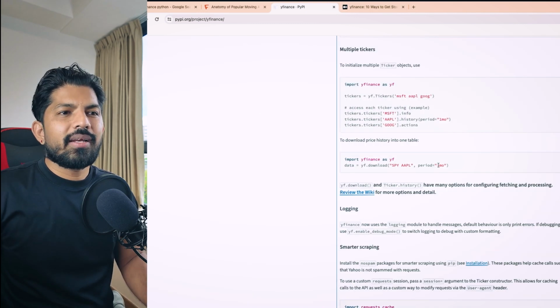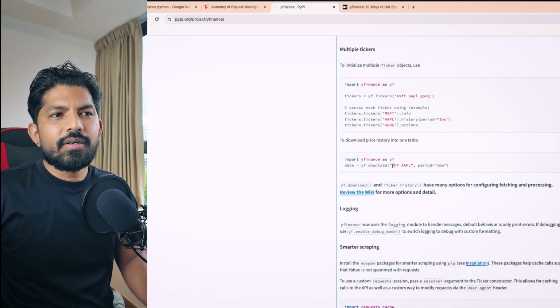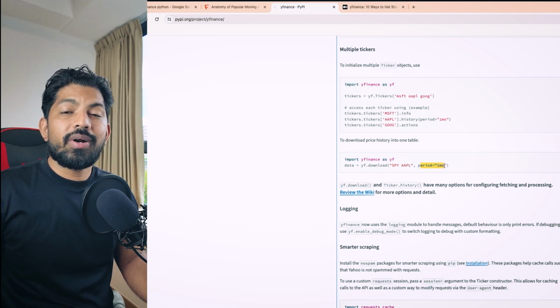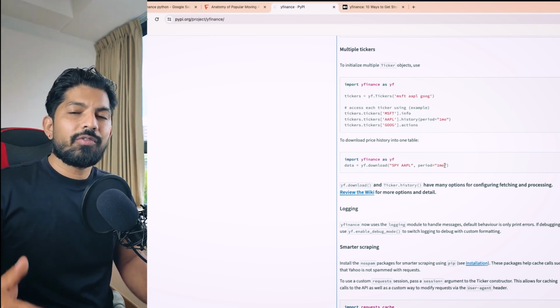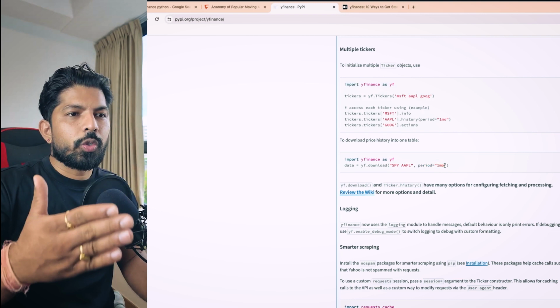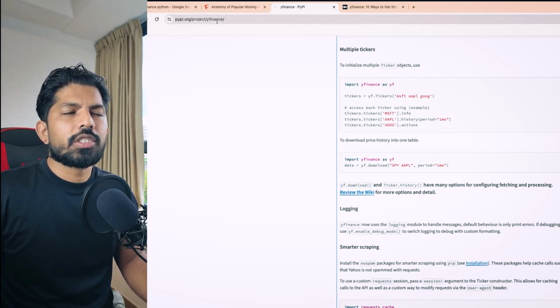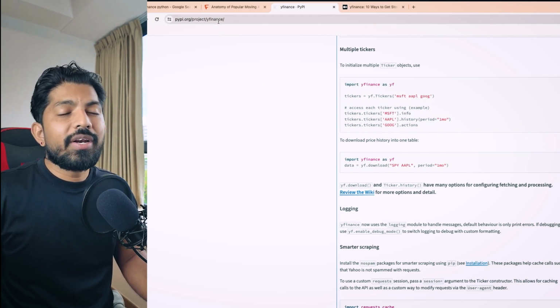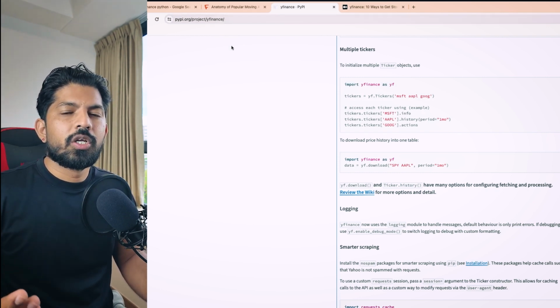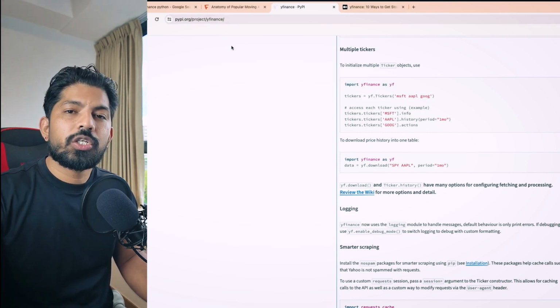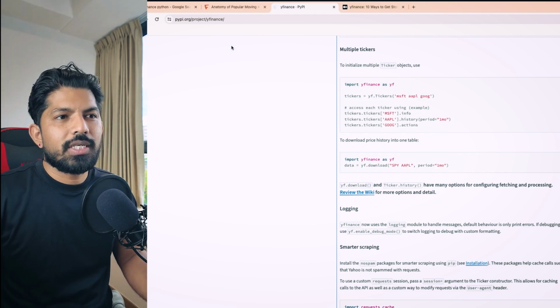Yeah, you can see here that we have to provide the ticker. The ticker can be Apple, Microsoft, anything. Then you also have to provide the period. It can be 1 day, 1 month, 1 year. And then we have the interval between the bars. So it can be 1 minute, 5 minutes, and 1 hour. You can just read this. I'll give the link in the description. You can read more. Moreover, we'll read about all these things in future lectures. For now, we are just creating a very basic bot with the help of just object oriented programming. So just understand this and you get my point, right?